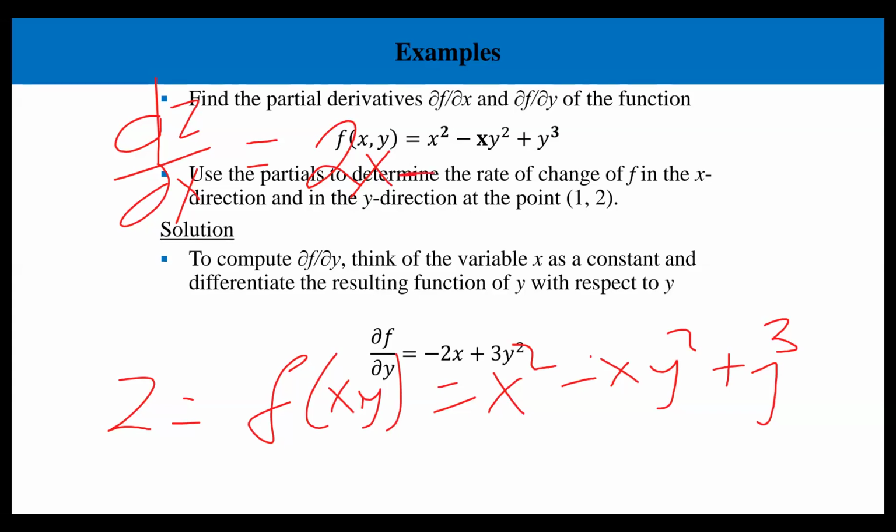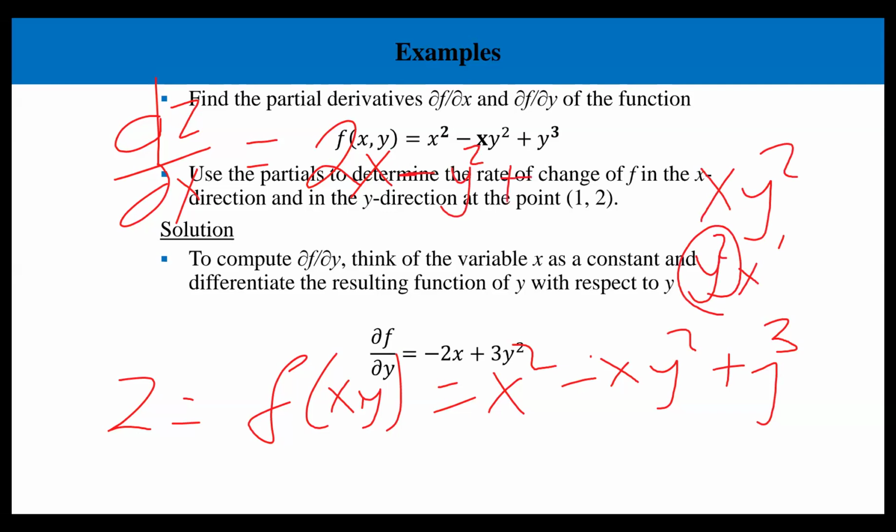Minus, now you have xy squared. I told you that we are differentiating with respect to x. Whatever is not x shall be treated just as a number. So this is as good as y squared x. X to the power 1, drop the power and everything you differentiate, you remain with y squared. So you have minus y squared